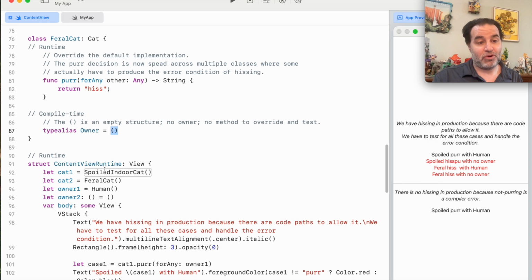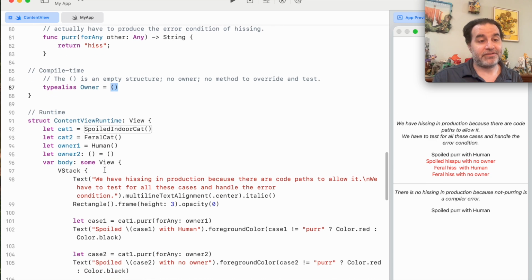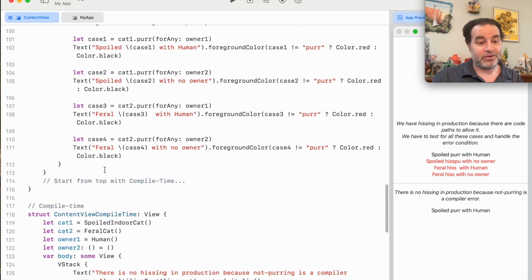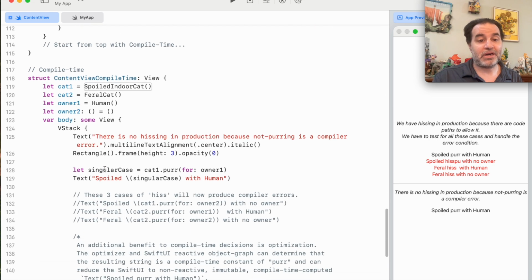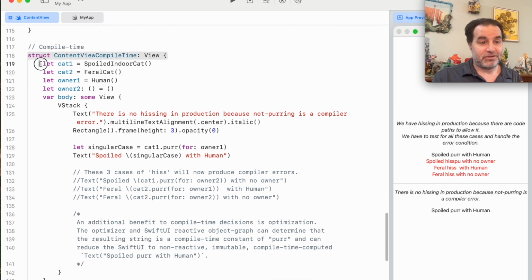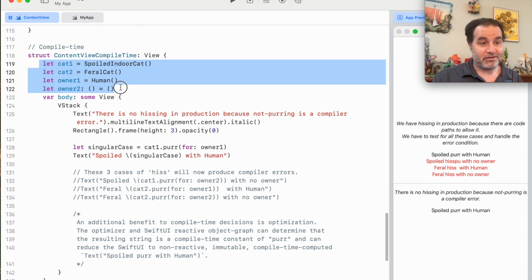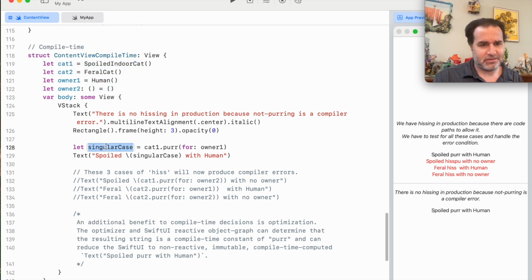So we skip over the content view runtime, and then we go to our content view compile time. We still have our four types of objects, but now the difference is we have a singular case of cat1 to owner 1,